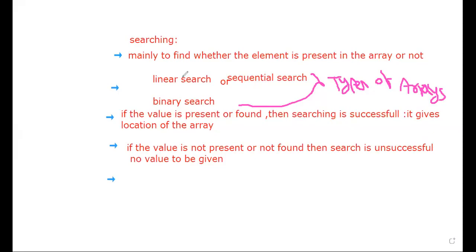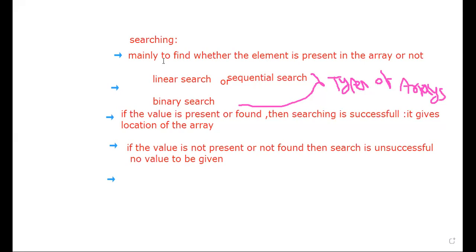If you want to search a name in the Excel sheet of your student roll list, if the name is found, then the search is successful. Otherwise, it will display that the record is not found. That is also one type of searching.